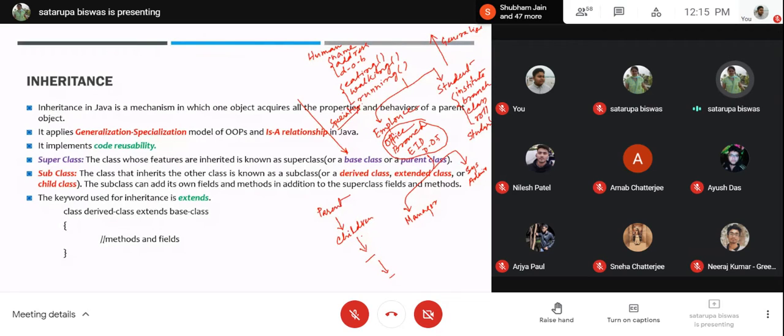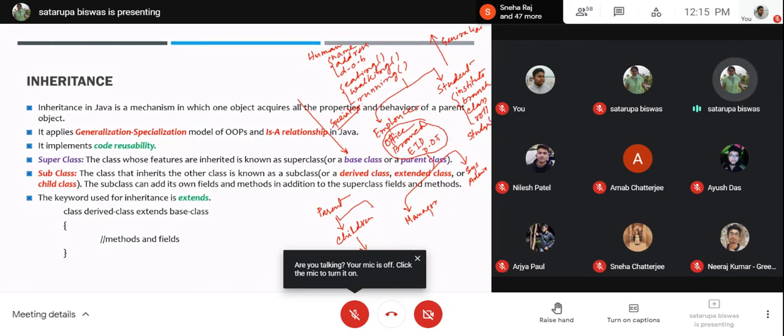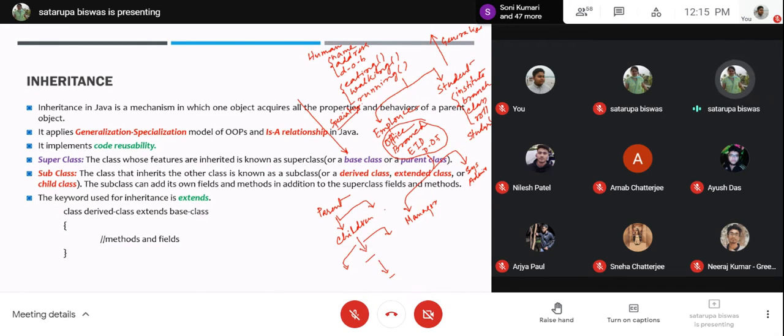You can generate multiple children out of a single parent. So these levels are generating siblings. This is how a tree kind of structure can be generated in inheritance, and all of them are relatives.